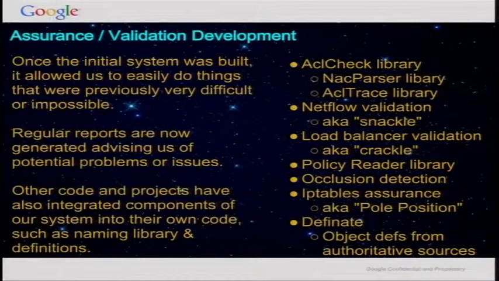Over Christmas break on vacation one year, I wrote what's called Pole Position because we had this system called Speedway for deploying all our IPtables. And it suddenly hit me, well, what happens if we deploy IPtables on all these machines? How do I keep track of them all and make sure that they're all getting updated? So part of the push that went out over this Christmas break was a small daemon that runs on every box that gets these IPtables that occasionally pings back to a central collector saying, yes, I'm running IPtables,